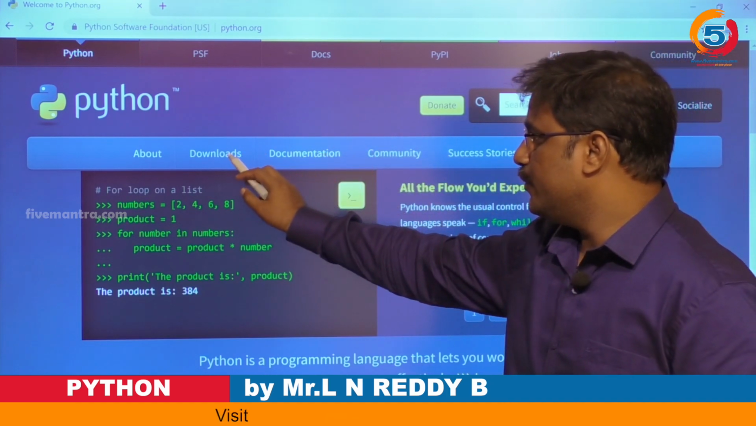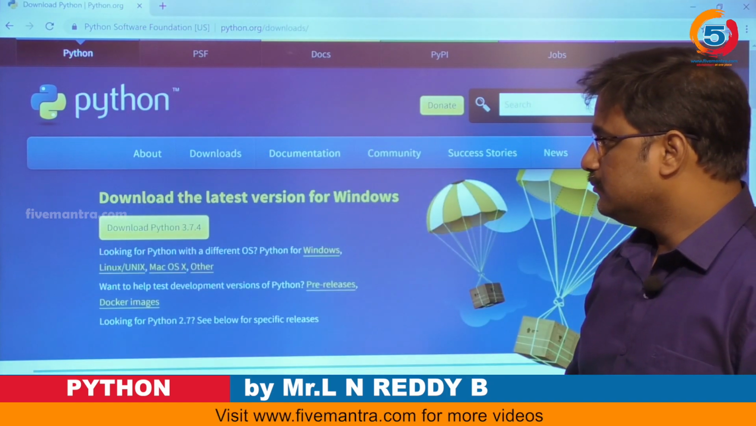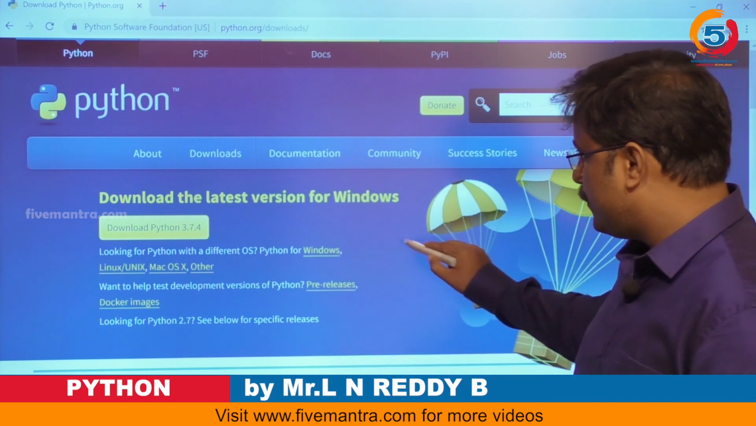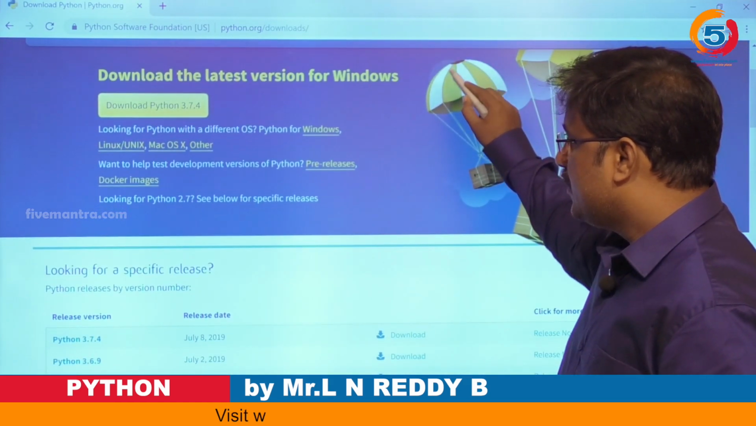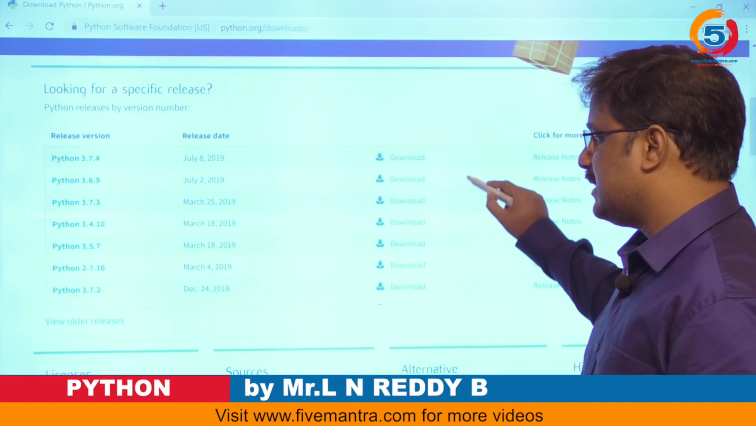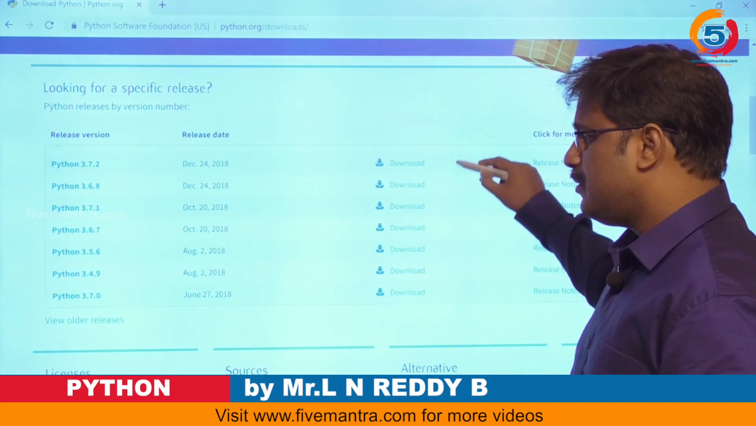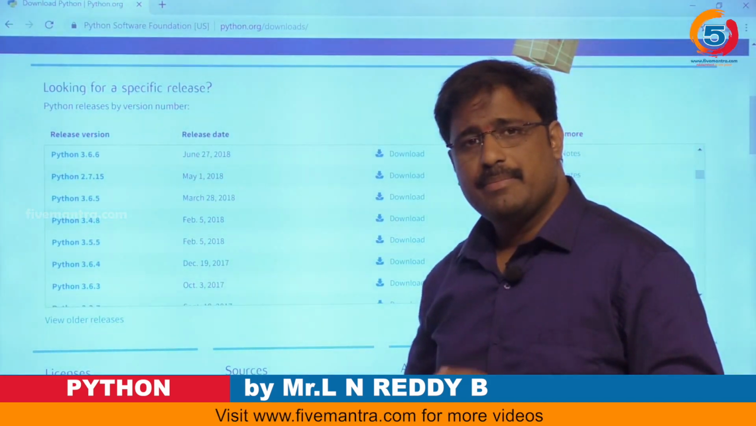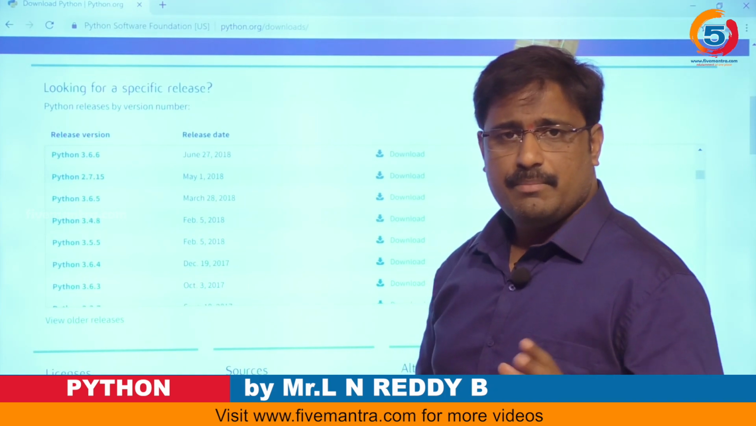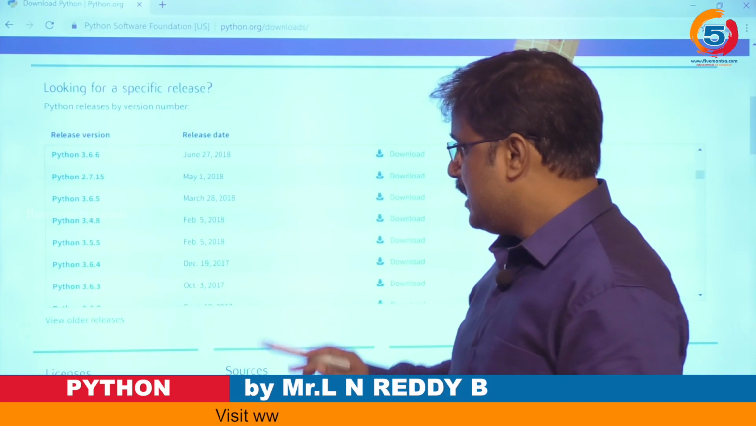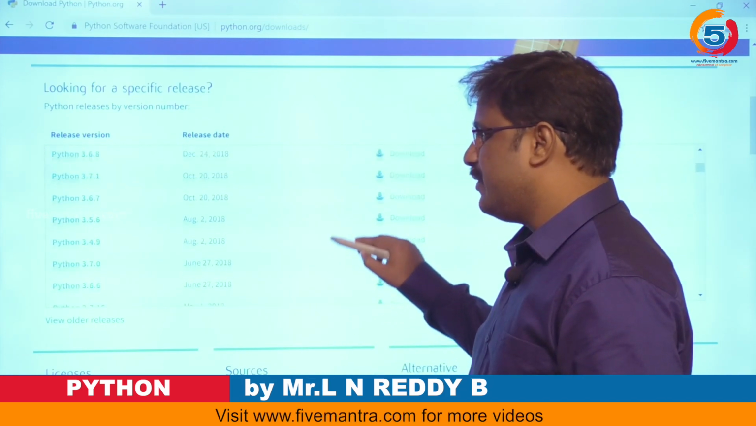In this menu, you will get a download option. Select the download. There you will get all the latest versions. If you see, 3.7.4 is the present version we have. Before that we also had 2.7 and others. After some years, maybe you won't get support from this organization for these versions. Strictly, we have to use the 3